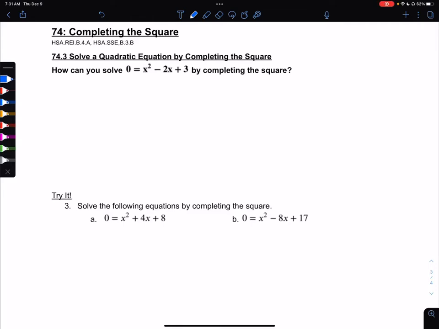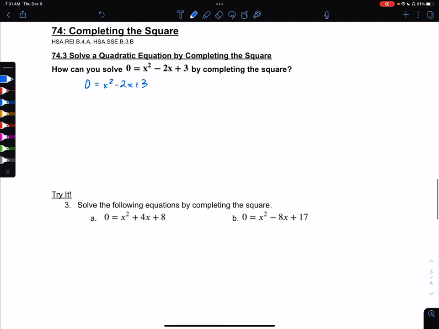Here we're going to look at topic 74, example 3, solve a quadratic equation by completing the square. How can you solve 0 equals x squared minus 2x plus 3 by completing the square? So let's take our equation, and we recognize that this is not a perfect square trinomial because there are not factors of 3 that add up to -2 that are the same, right? Doesn't work. So what we're going to do is subtract 3 from each side, and we'll have